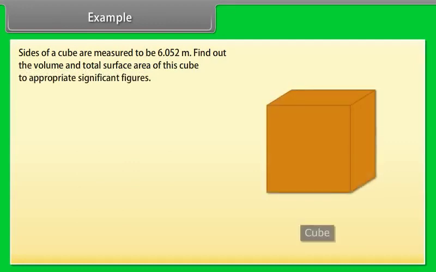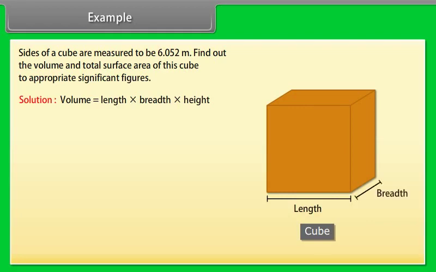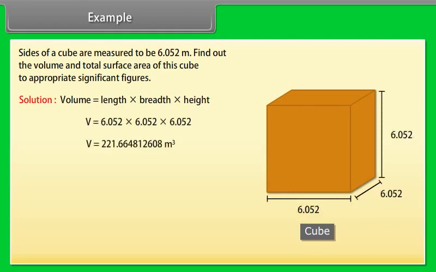Example. Let us take an example of significant figure. Sides of a cube are measured to be 6.052 meter. Find out the volume and total surface area of this cube to appropriate significant figures. Let us see the solution. Volume is equal to length into breadth into height. After calculation, we get V is equal to